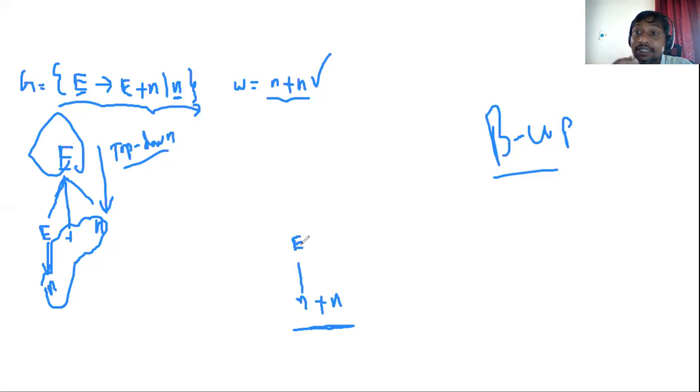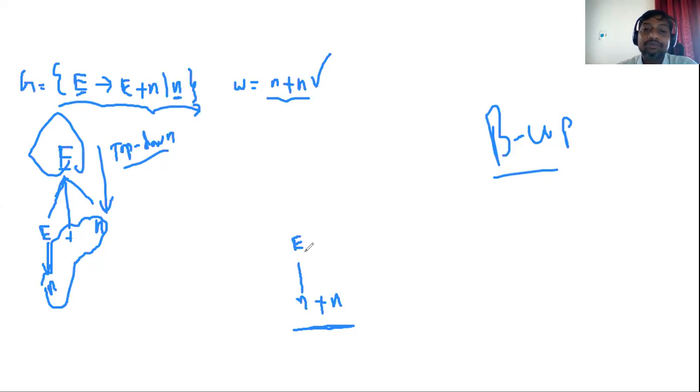If that is the case, what we have to do? We have to reduce. Here the step is called reduce. We are reducing n with its corresponding left-hand side non-terminal. In the production rule E derives n, the left-hand side non-terminal is E. That means the right-hand side is going to be reduced to E. We are condensing it.